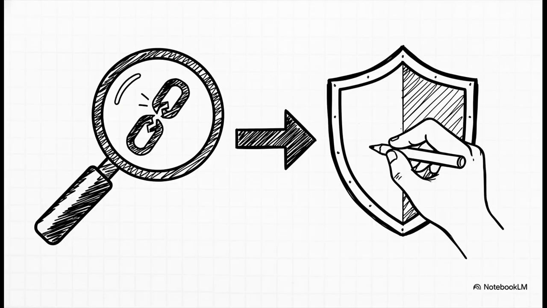So, here's the bottom line. Direct prompt injection really exploits the very nature of how AI understands language. But, and this is a big but, it is not a fatal flaw. By really understanding how the attack works, we can build smarter, more resilient defenses to protect our systems. And really, it all starts with being aware that this is even a thing.